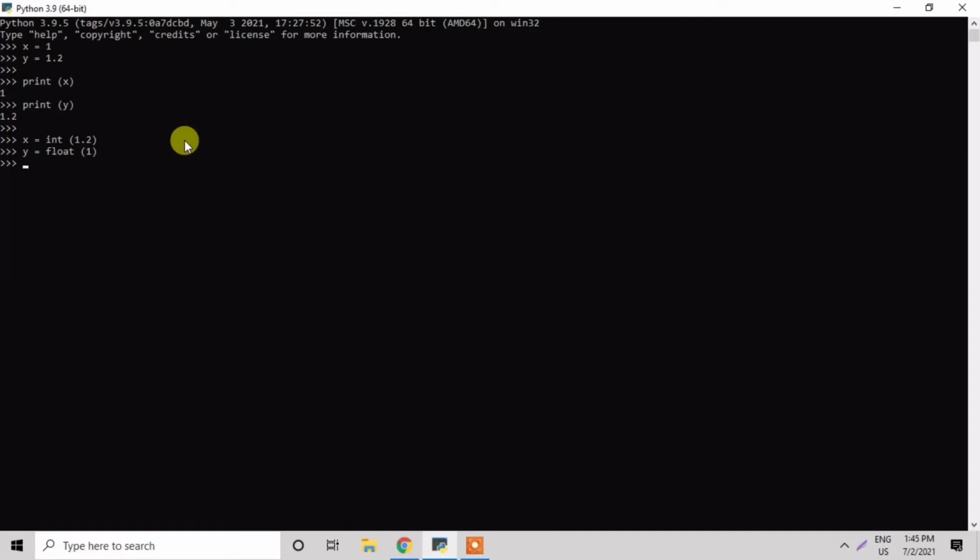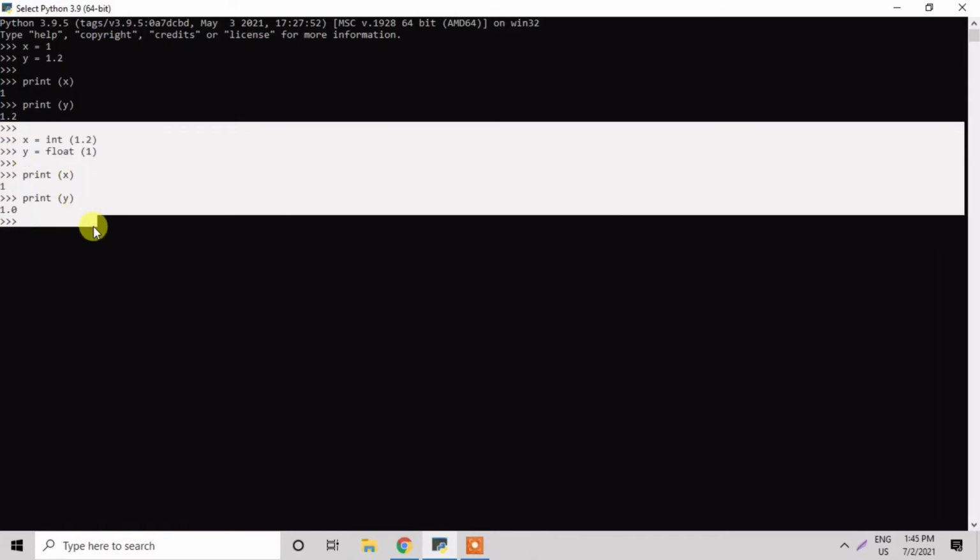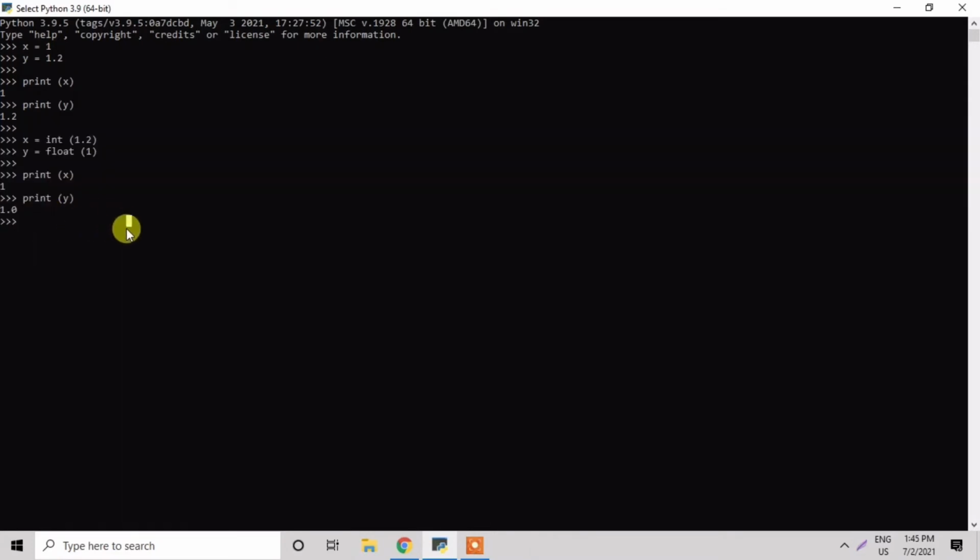So now we will print the values of the variables, that is x, which is an integer. So we can see here 1.2 is not printed. The integer value has been printed, that is 1. And in the second case 1 is printed as 1.0, as the example of float.